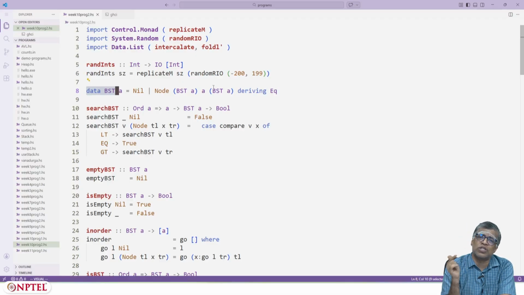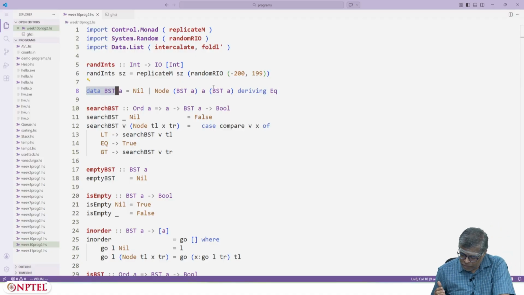Even earlier I could have done deriving Eq, that is equality checks between T1 and T2, but then that would assume that elements of the B tree admitted equality. Now I know that in the case of a BST, I am going to work only with elements that admit an order, so therefore I can do this deriving Eq. Yeah, this is possible. Okay.